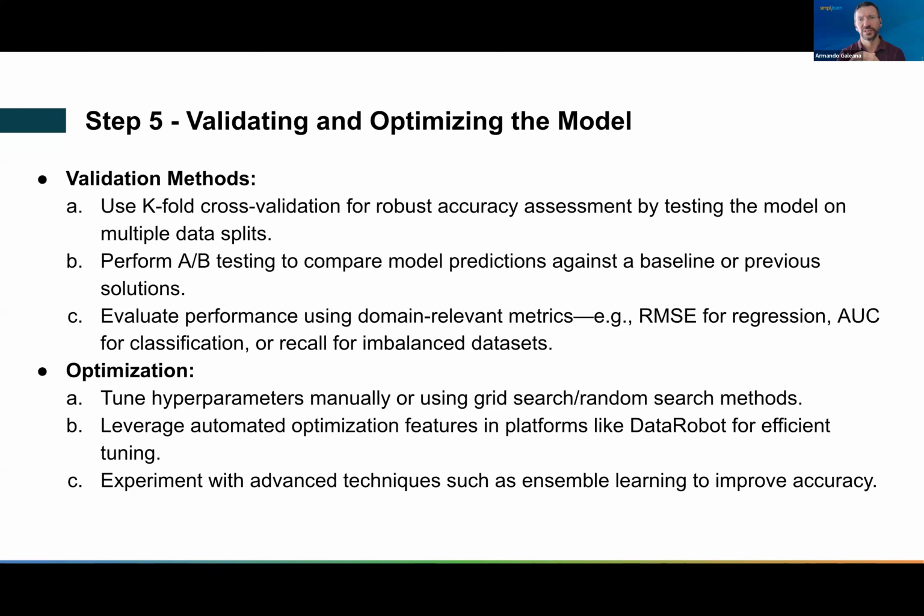And of course, you have your performance metrics. You will select the performance metrics that you discussed at the very beginning that will align to your business objectives. For regression tasks, for example, you would use root mean square error or mean absolute error or R squared score. For classification, you will use recall or precision or accuracy, ROC-AUC score. For imbalanced data sets, remember that accuracy doesn't apply. So choose the right metric. And by the way, there are tons of different metrics.